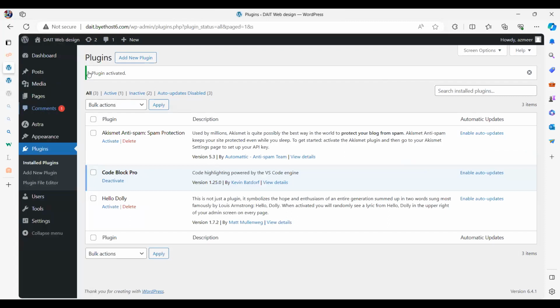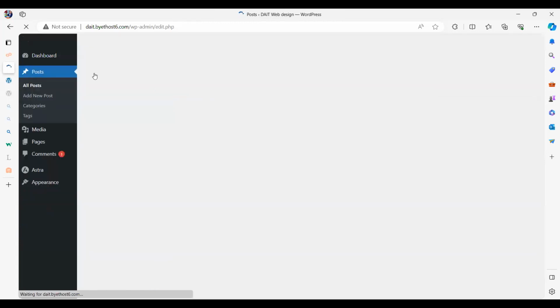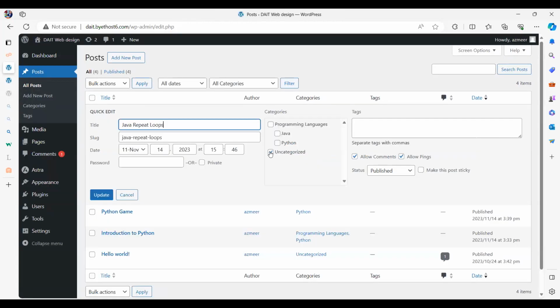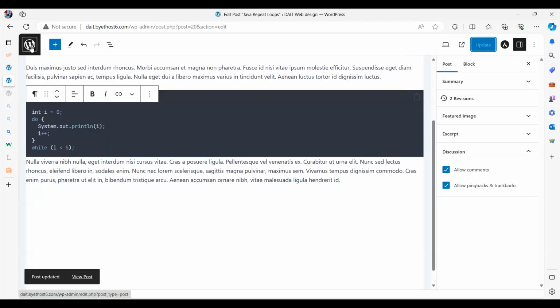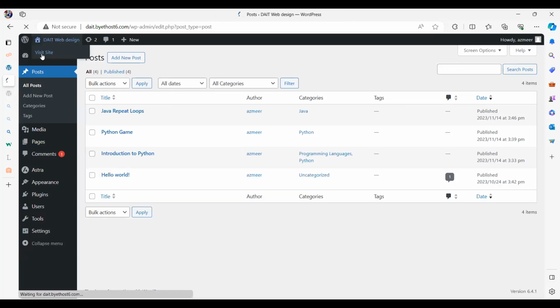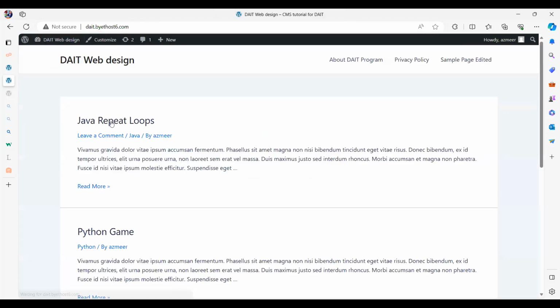Let's say post. To quick edit on categories, so it's Java, and I'm going to update that. Let me go to the home page. Basic site. I'm going to click on, okay, it's under Java. So I'm going to click on the article.